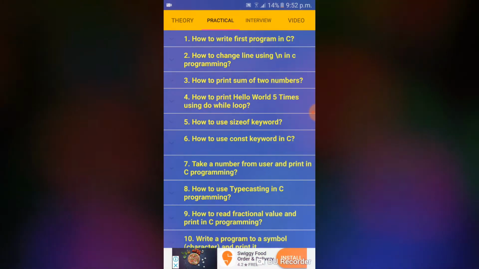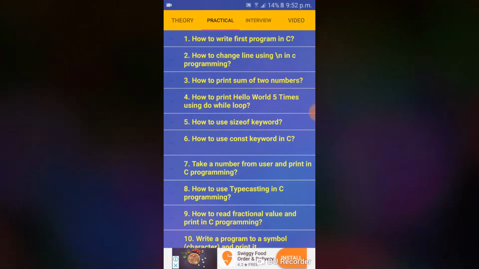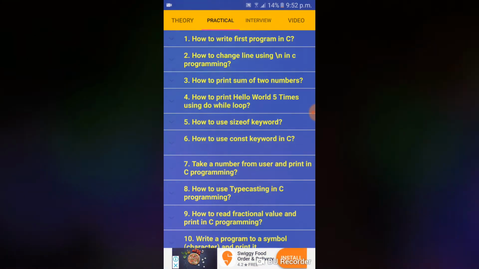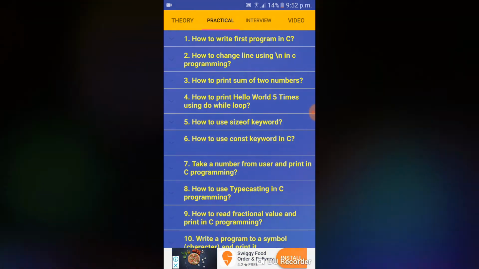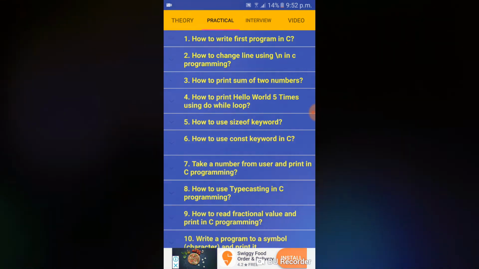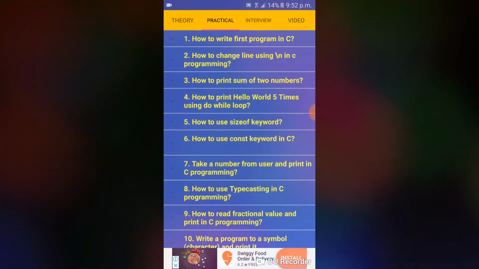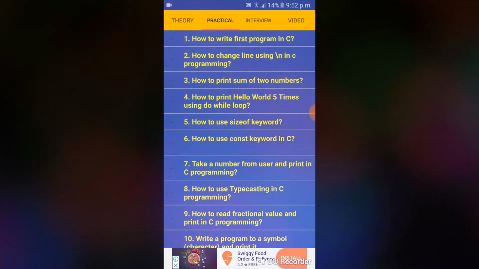And then you can see there are two other options in the assignment part: interview and video. The interview part is one of the pros of this application. Most students, when they get their certificate in certain languages, move on to find a job or internship.